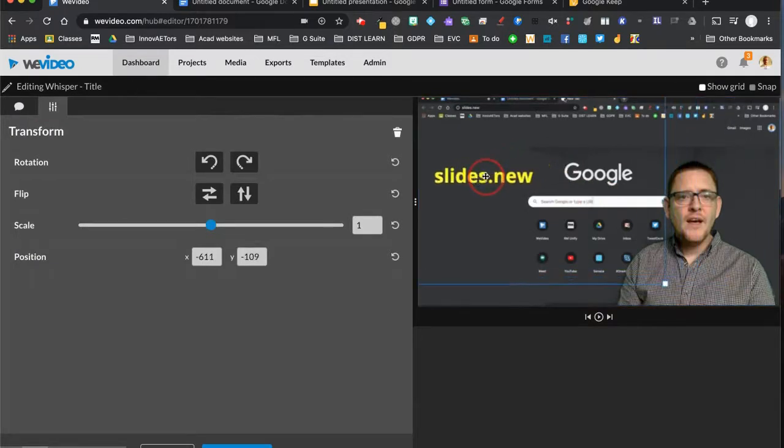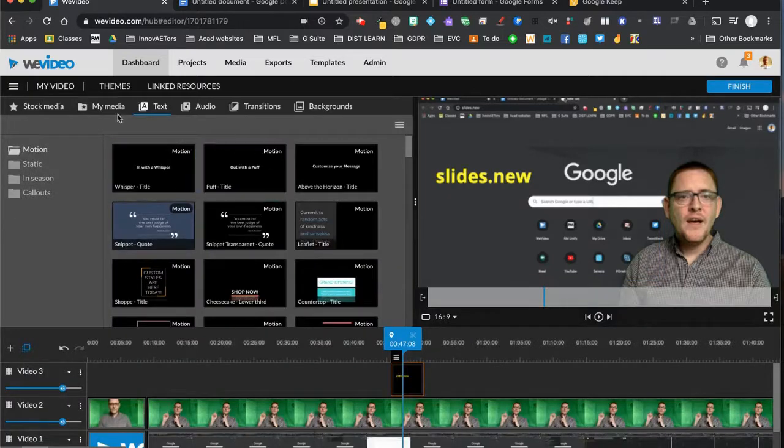and have it pop up over here. I can change the size of it if I want to. I can even flip it around if I want and have it facing different ways, okay? Or flip it that way. So I might be happy with that, save that as a change, but I might want it to fade in and